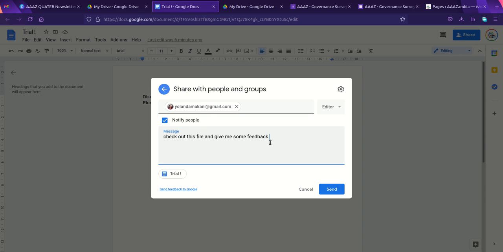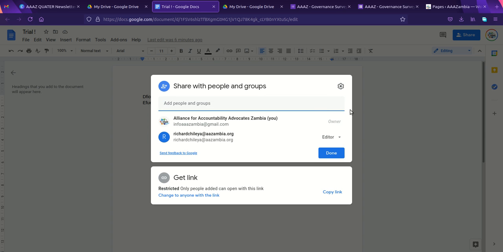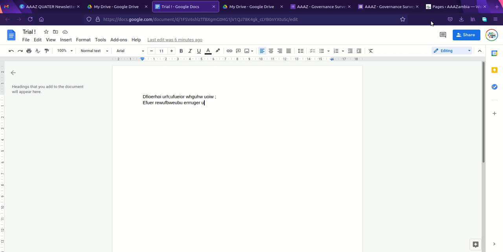Yeah, so that note will be attached to the email that you send to the person that you want help from, and just click send there. Basically that's what you do with documents, and I'm sure you'll figure out some of the things later as you get familiar with Google Documents. Then the other thing is